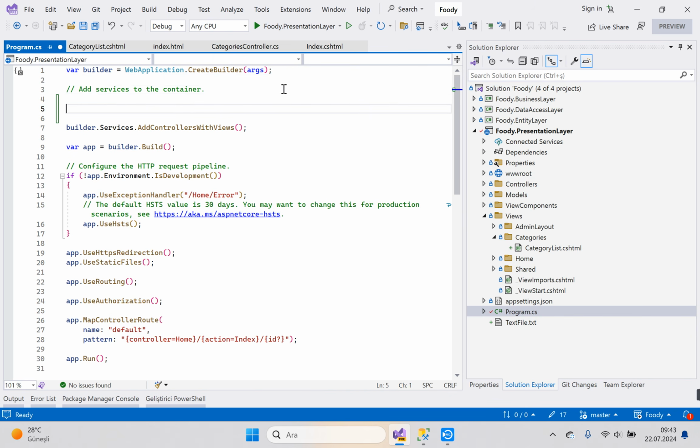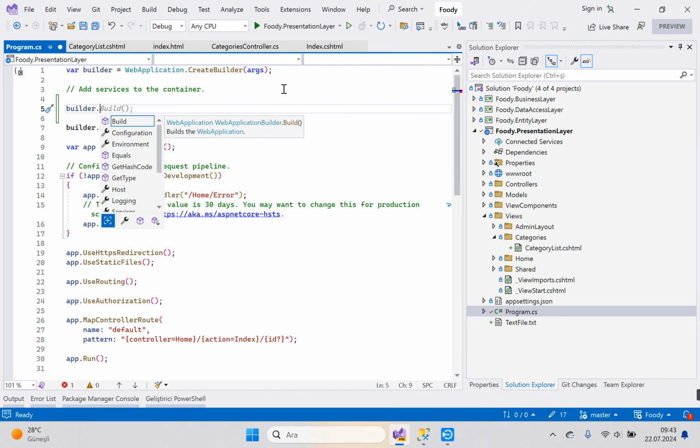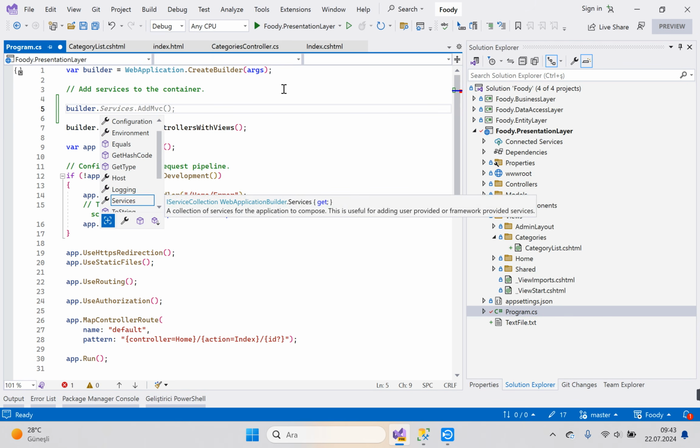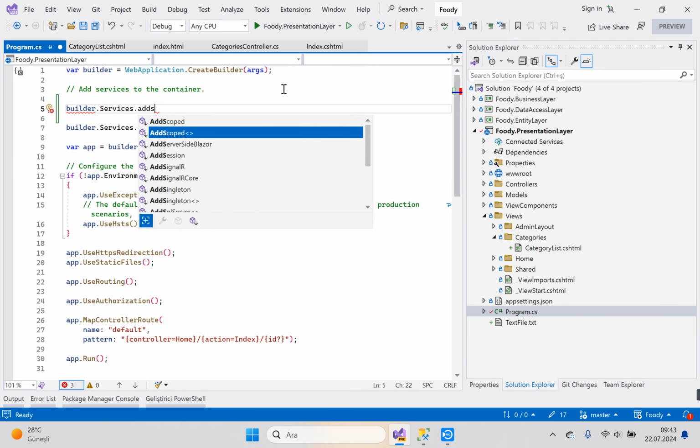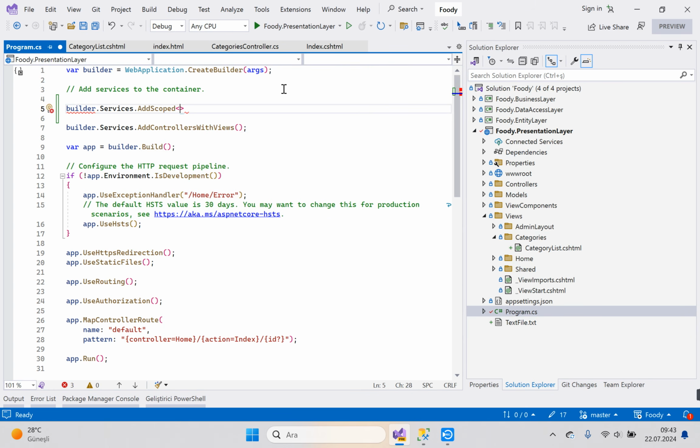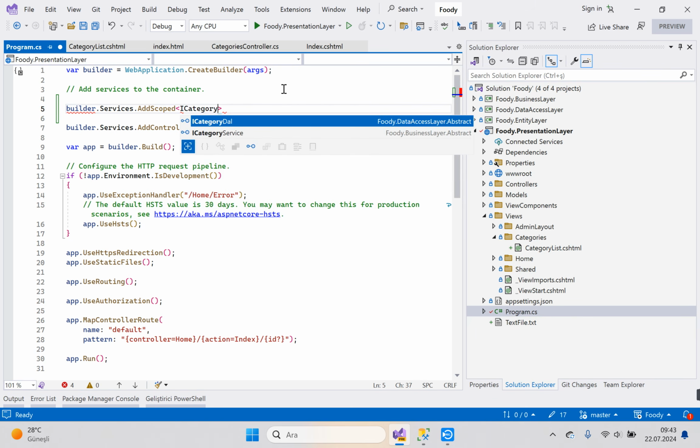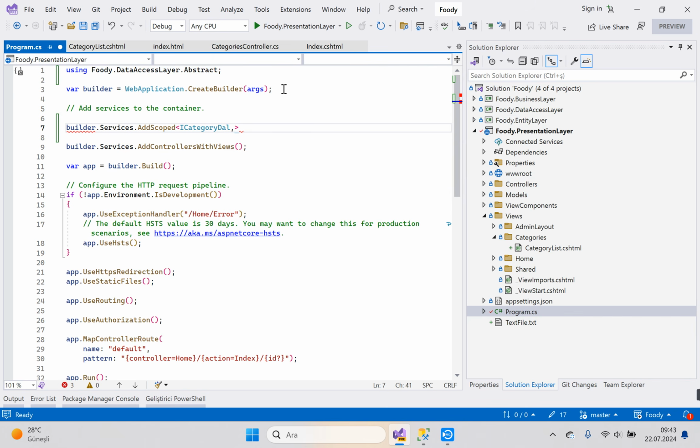What is this? builder.Services.AddScoped. This is a registration, and first we need the data access layer: ICategoryDal matched